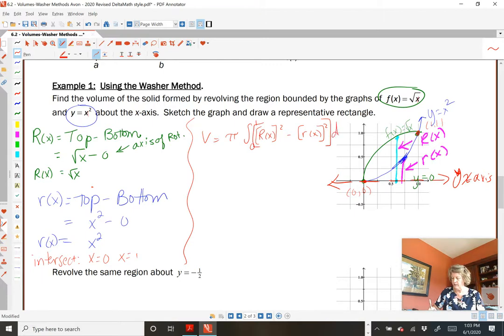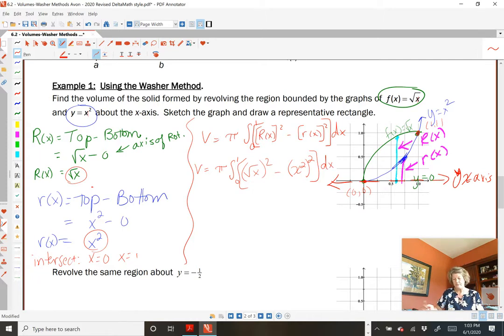That difference multiplied by dx will give us volume. So on our problem, we're going to integrate between 0 and 1. And the big R of x we had as square root x, that'll get squared, minus little r, which is x squared,